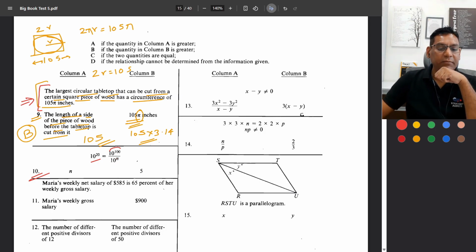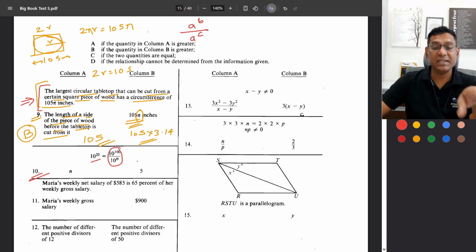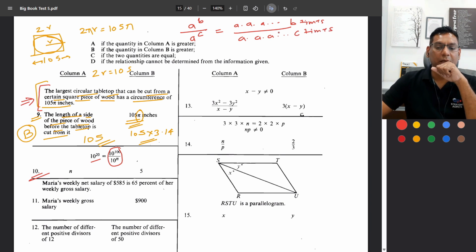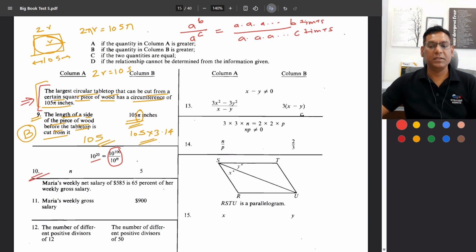Whenever we have an expression like this, for example, a raised to b by a raised to c, what does this basically mean? It means a into a into a, b number of times, divided by a into a into a, c number of times. So if b is greater than c,